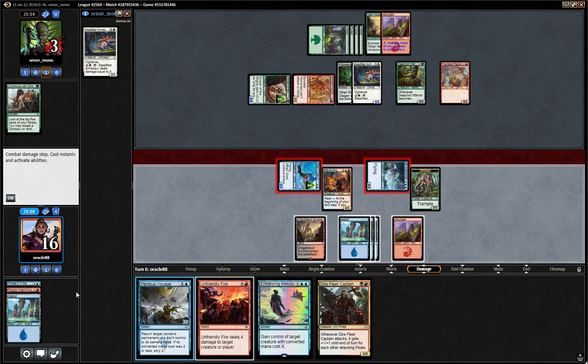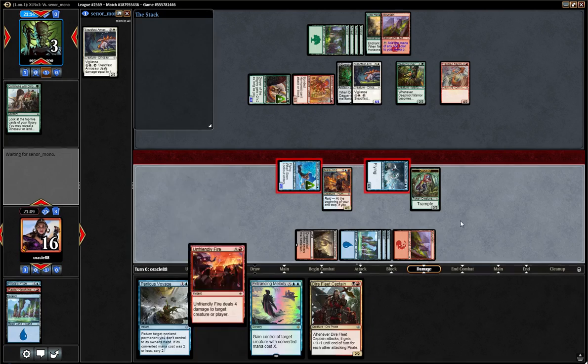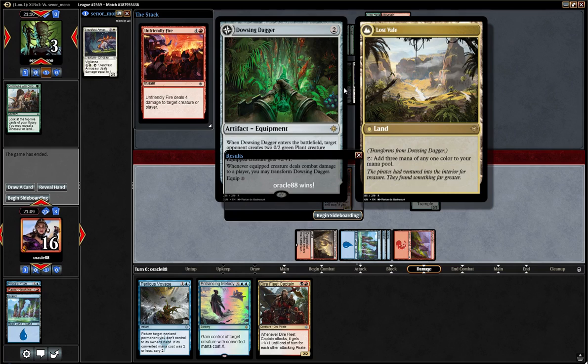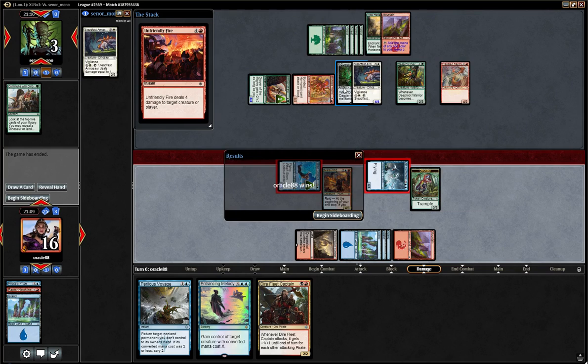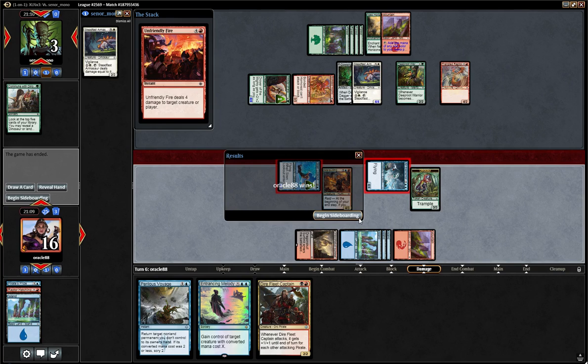Without the 2 chump blockers they gave us, we would be at probably 6, and the race would be a lot closer, but the dagger was really bad for them here. I'm not saying it's necessarily always bad, but here it was bad, and I think this is going to be overrated because it's a rare. But if you don't have flying and evasion, the card actually kind of sucks. And even with a flyer, you're probably not going to flip that before turn 4 or 5, so I don't know. Anyway,